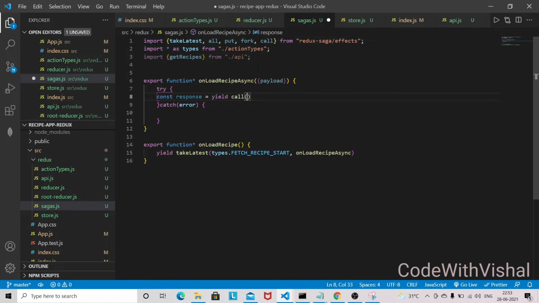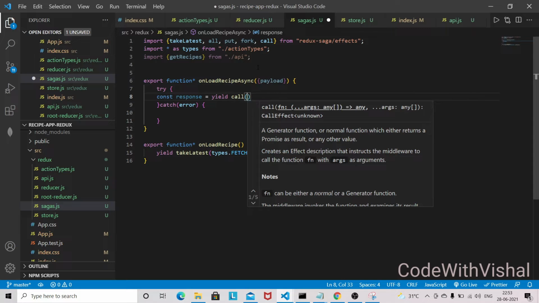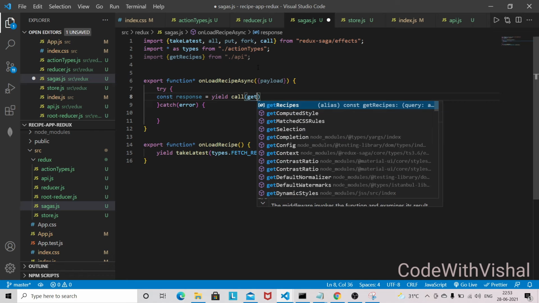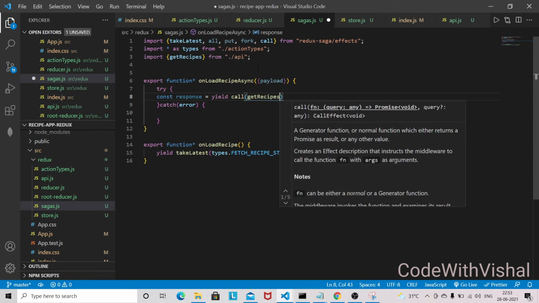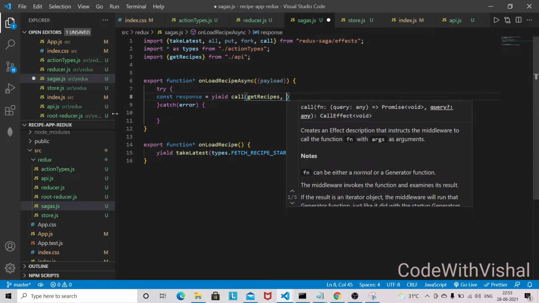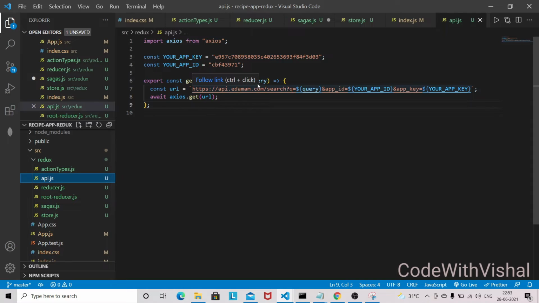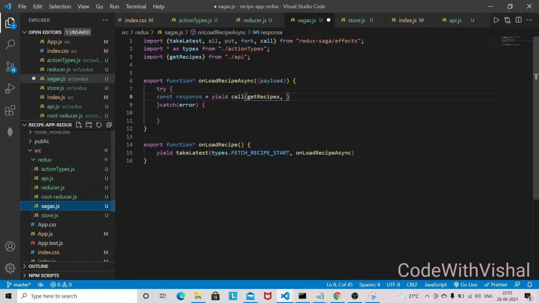call. So call is basically used to make an API call here. So we have our API ready here, getRecipe, and we can pass the argument. This API is receiving the argument as a query, so we have to pass the query this way.